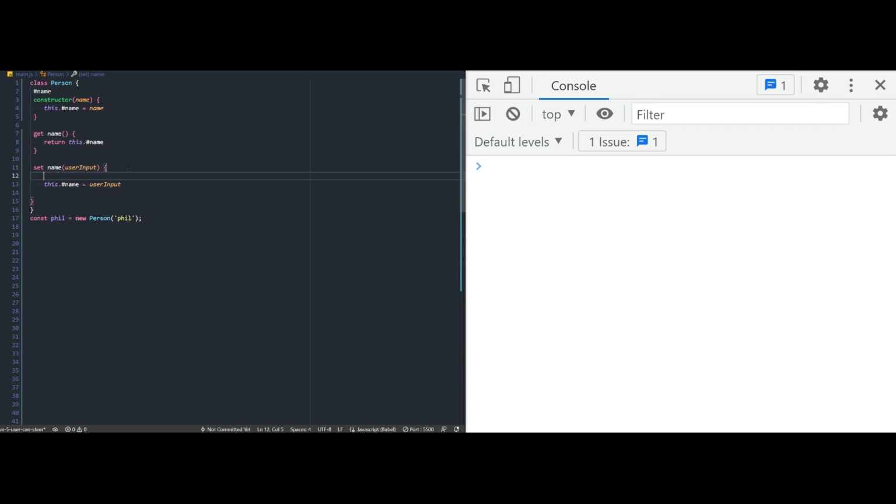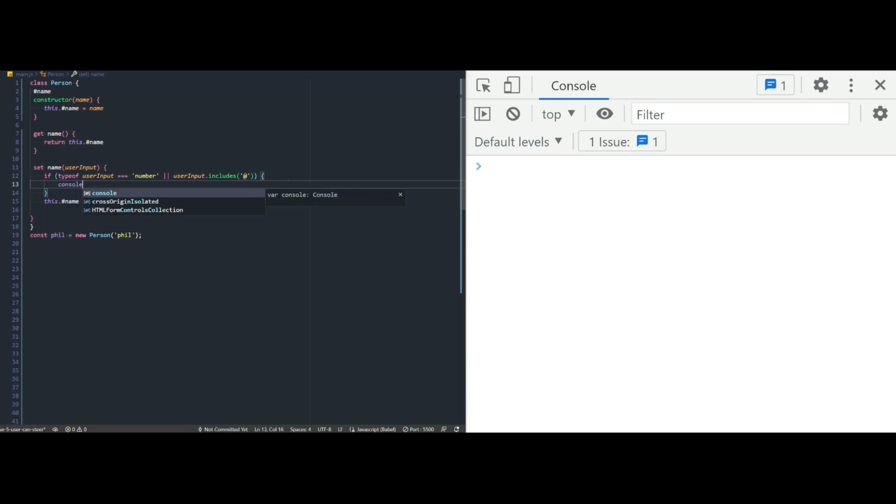Let's just say we don't want them to put numbers as their name. So if typeof, remember that, typeof user input triple equals number. We don't want that, right? Or let's also do user input.includes, and we don't want special characters like the @, right? So if this happens,